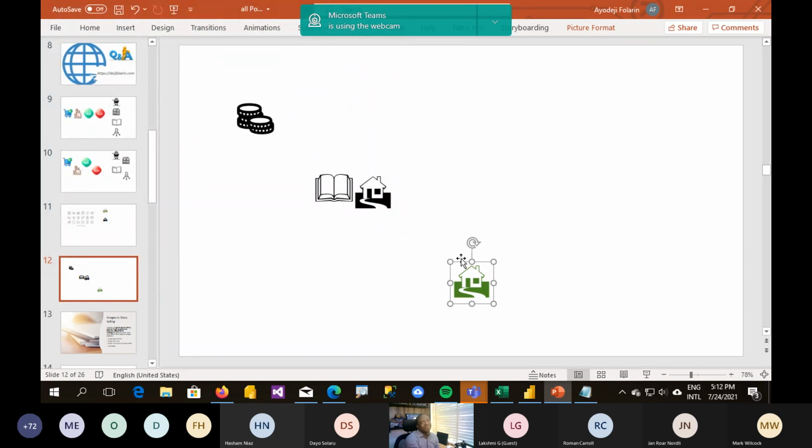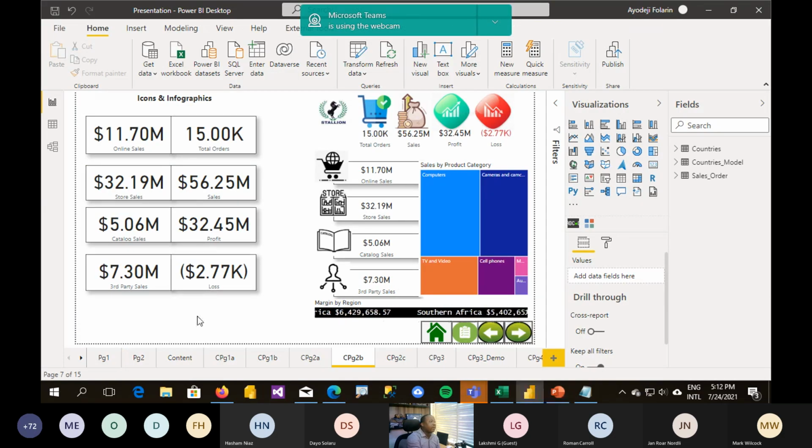I will do the same thing to any form of icon I may want to use. So these are different ways you can get your icon. And right there on your